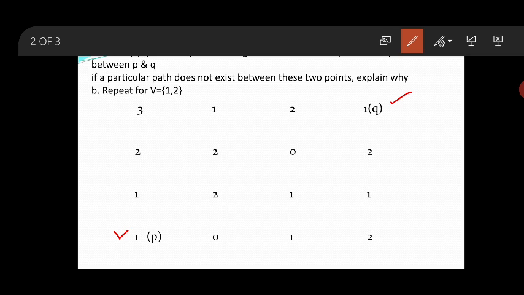It is a 4-path, so I'll check the 4-path. What is the vector V? 1 and 2. What are the adjacent pixels of 1? Now I am at this one. What are the adjacent pixels? 1, 0, because I am in 4-adjacency.